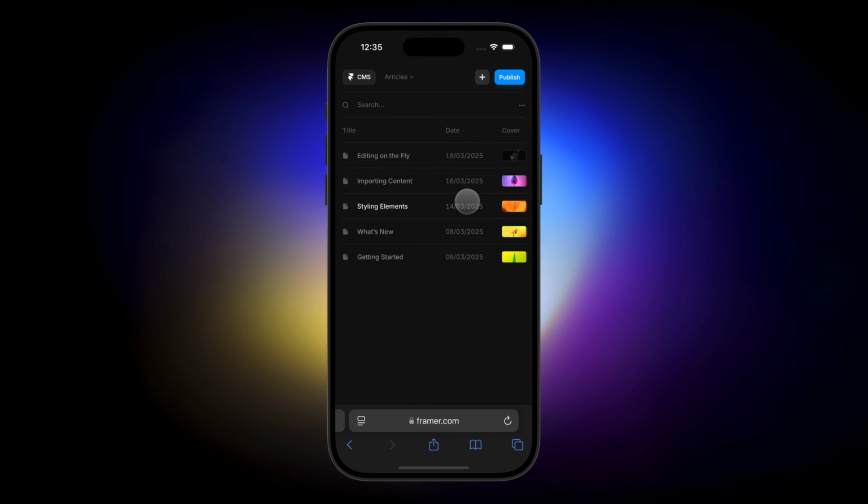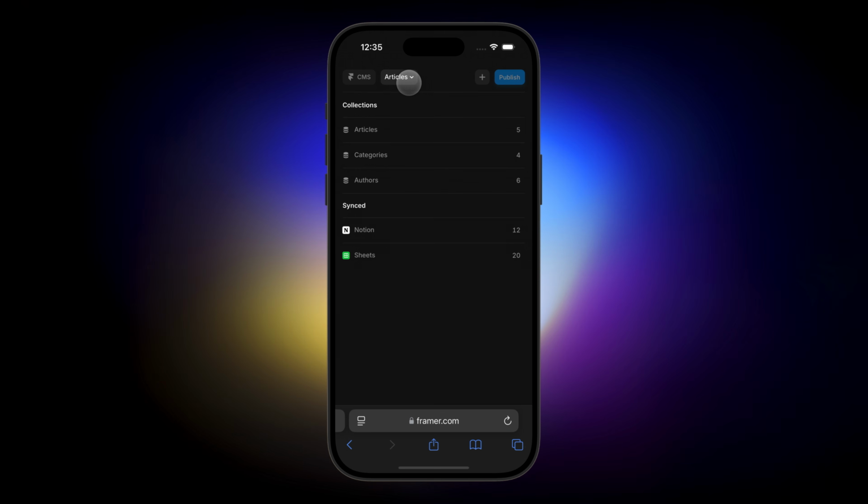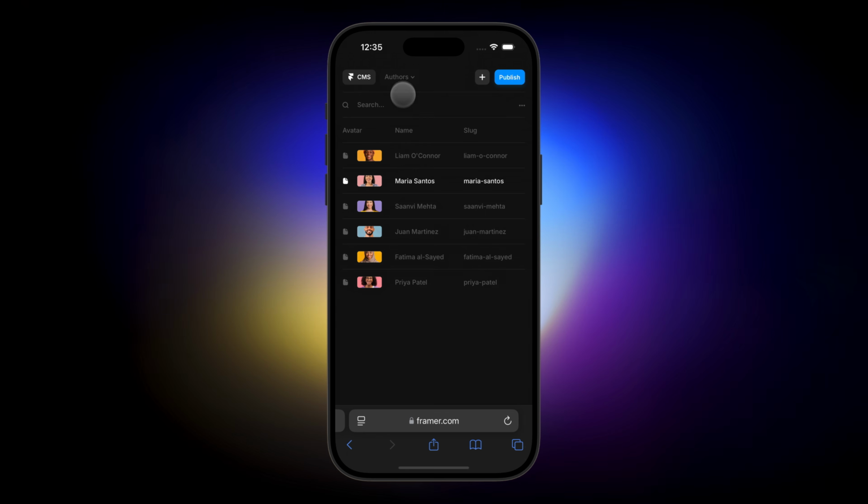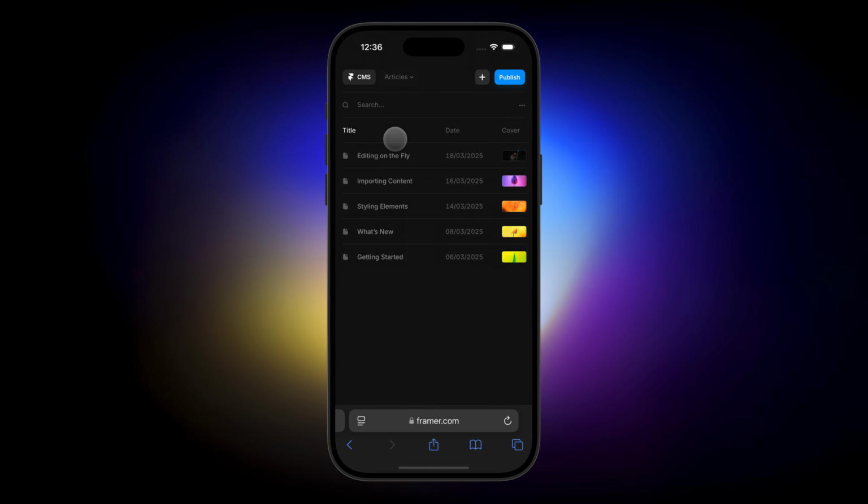You'll see that the content can also be scrolled horizontally to reveal all the column fields, and you can hit the three dots menu to show or hide them depending on what you need. Next to the CMS title there is a drop-down where you can see all your collections and switch between them. You can use this plus button at the top to add new items, and here I'm going to click on